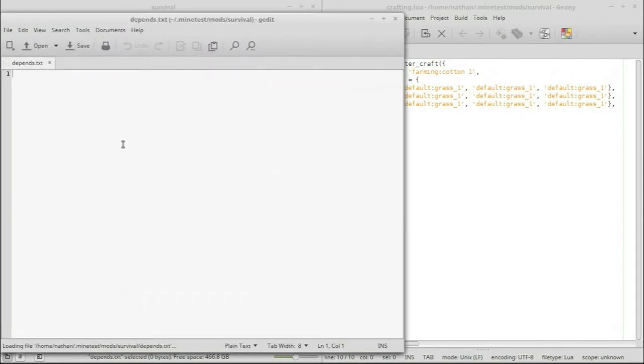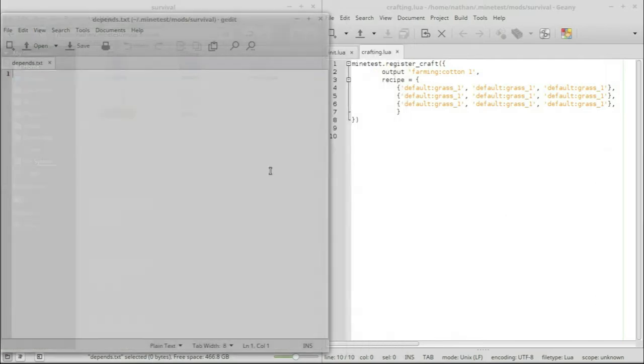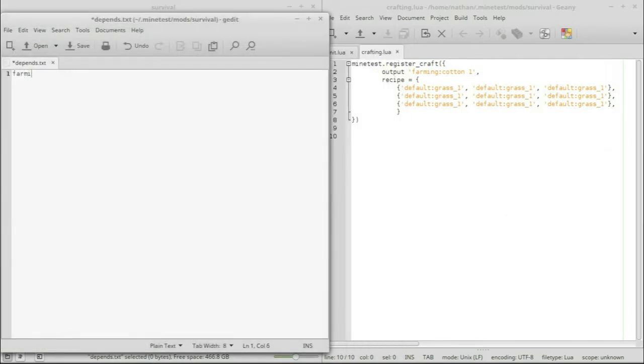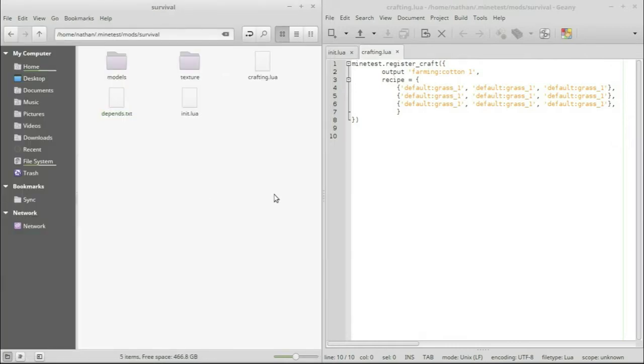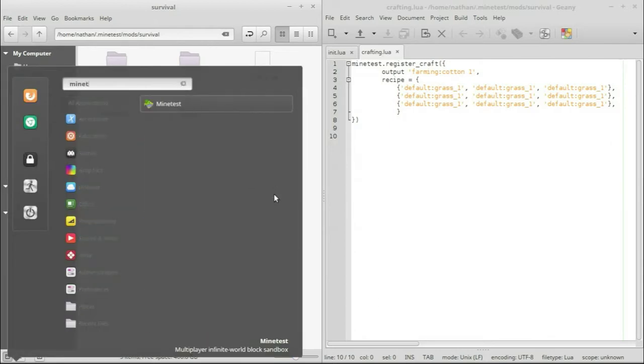And now you are going to be depending on, what, 2 things? Well, farming, of course, and default, because we are grabbing items out of default, and outputting items that are part of farming. So we're going to need those 2 in our depends. And then we can close that. Now, if we were to play this right now,